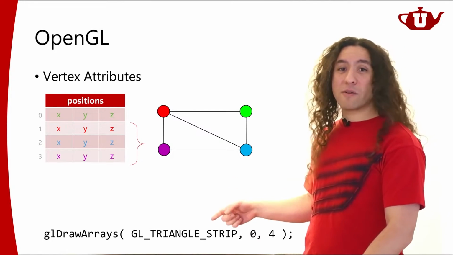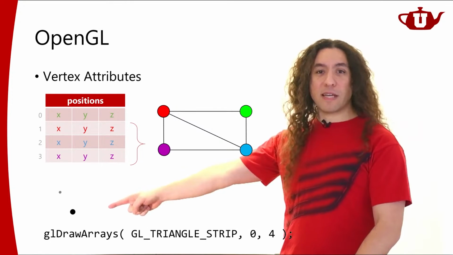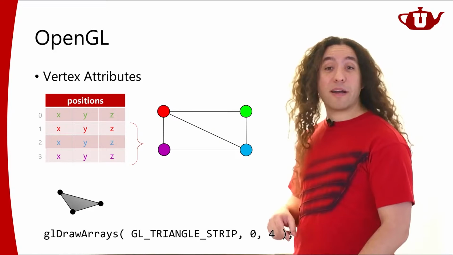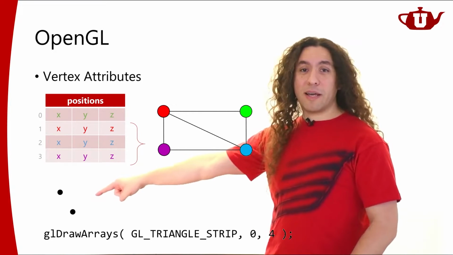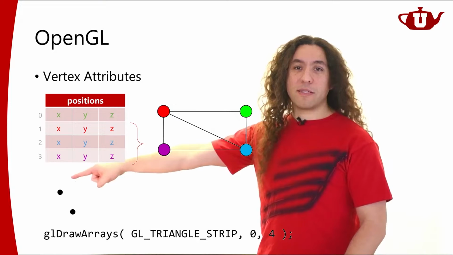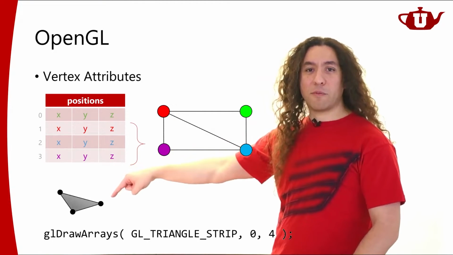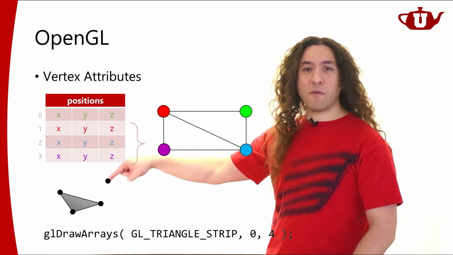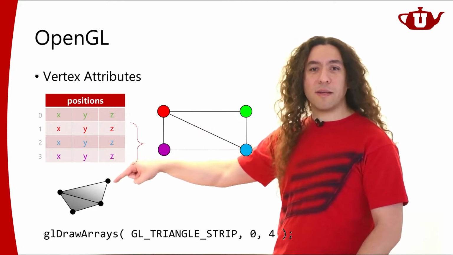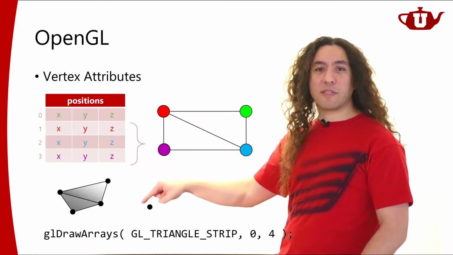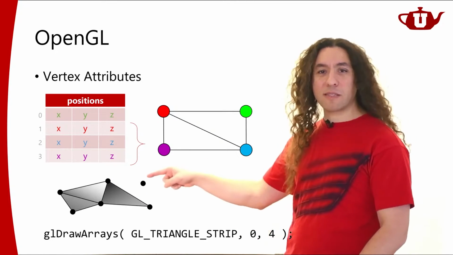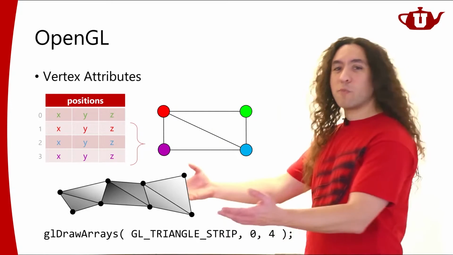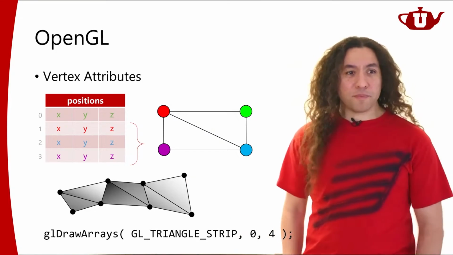So the way it goes for a strip is that you have the first vertex and the second vertex. As soon as I have the third vertex, that's when I form a triangle. So this was the first, this is the second, and this is the third, and they form the triangle. So these are my last 2 vertices. The next vertex I add will form a triangle with the last 2 vertices. Now these are the last 2 vertices, and the next vertex I add will form a triangle with those, and the next vertex will form another triangle, and the next one another, and this way I can draw my object.